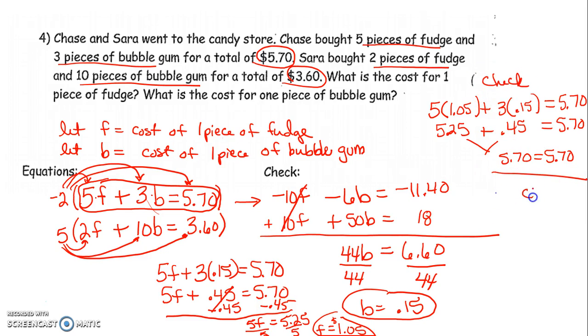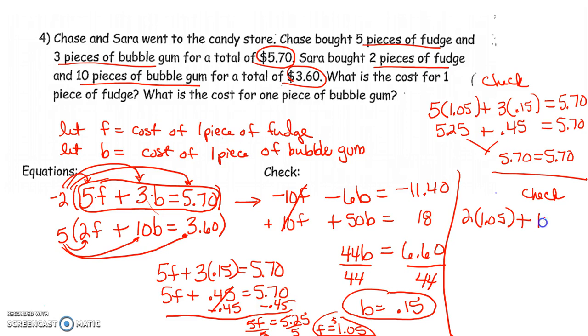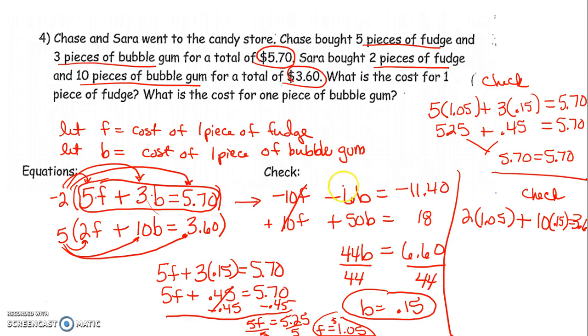And now I'll do my other check for what Sarah bought. Hopefully I don't run out of time. So Sarah bought 2 pieces of fudge, 2 times 105, plus 10 pieces of bubble gum, 10 times 15 cents, and she spent $3.60. Okay, so 2 times 105 would be $2.10, plus 10 times 15 cents would be $1.50. We're hoping when we add those